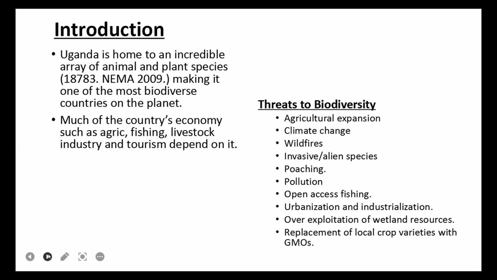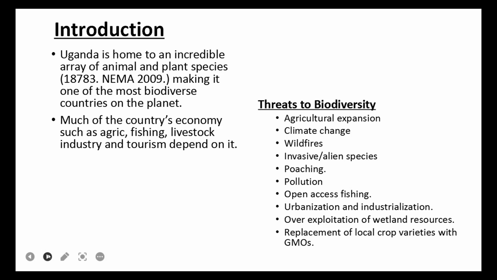However, despite all this, we have a number of threats, in the form of agricultural expansion. We have learned this from the previous topics that were presented. A lot of cutting of trees is done to ensure we have massive land for agriculture.